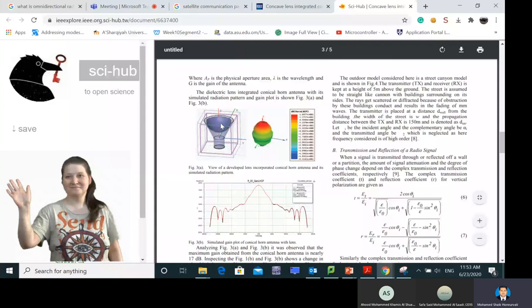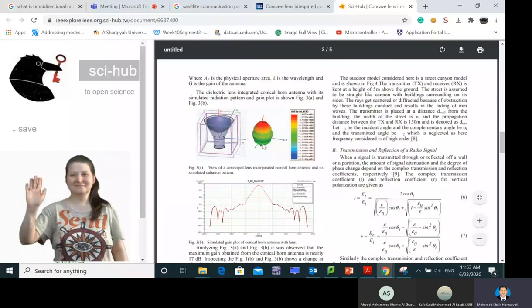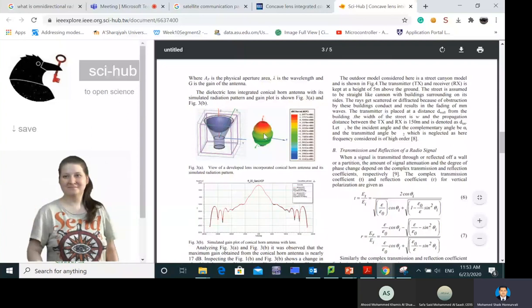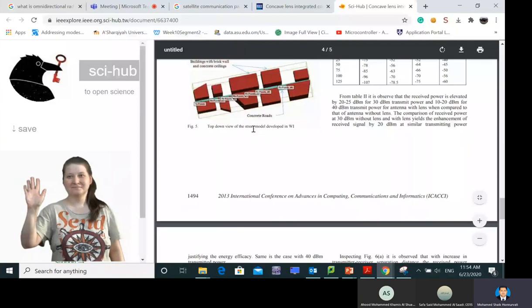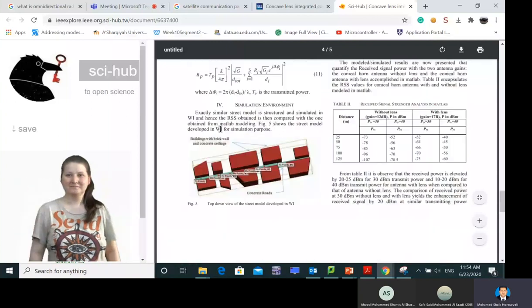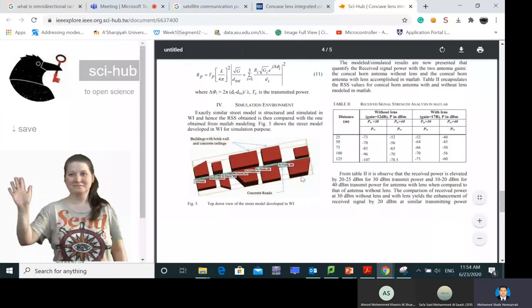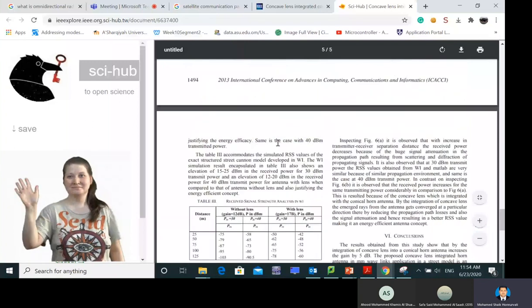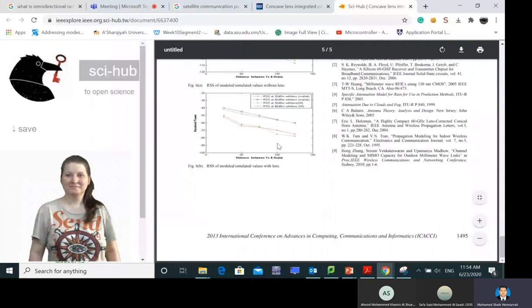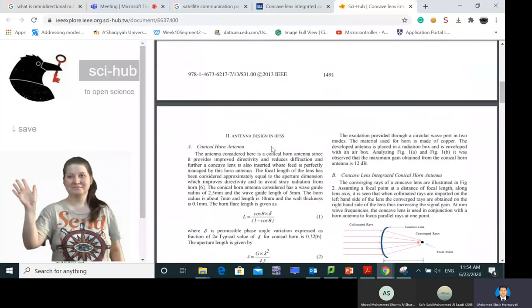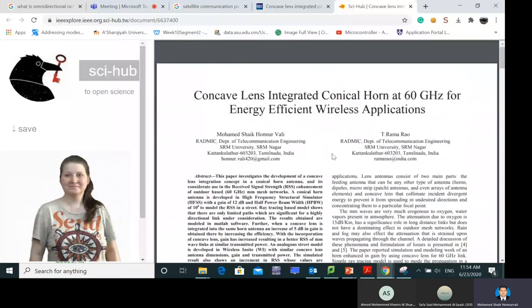So what happened as a result? The directivity, the radiation characteristics have increased further. It's very interesting. Then I applied this onto some platform wherein I got some very interesting results, which I have written here. If you are interested, please go ahead and read this journal. Thank you very much.